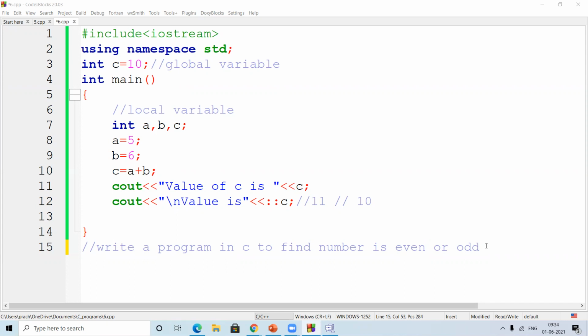Okay. Have you done with the global and local? So I can move to the next file. See, I'm not saying that we should not go a little bit slow, but the thing is that we have to complete the basic concepts as well as we have to start with the new concept based on this. That's why just be a little bit faster, okay?